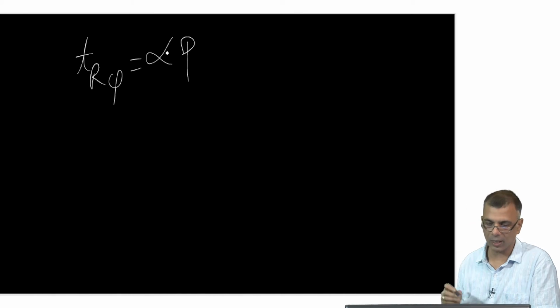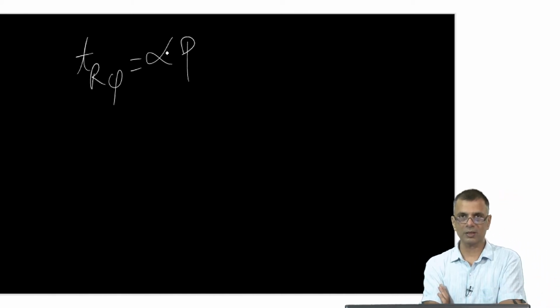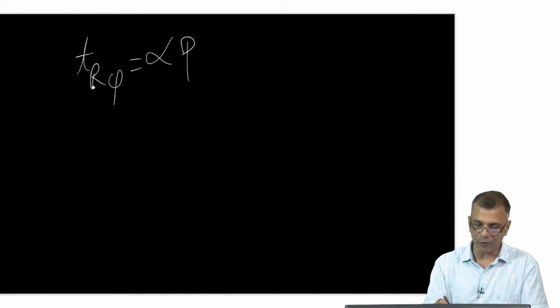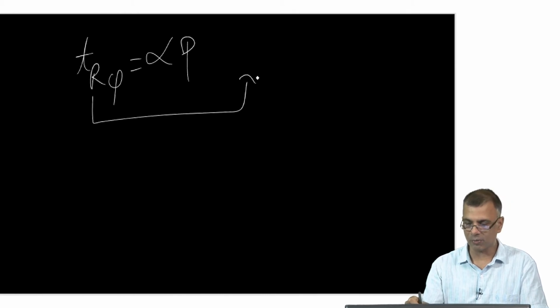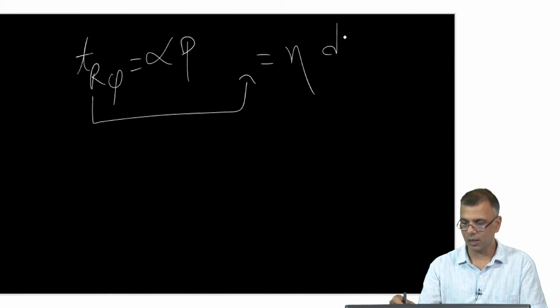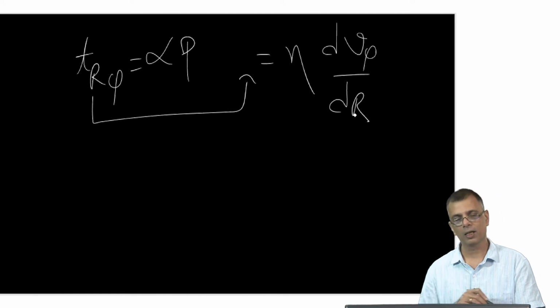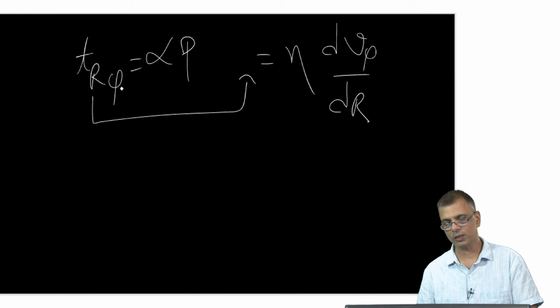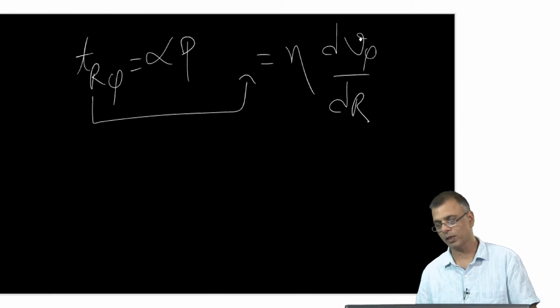This is the famous Shakura-Sunyaev parameterization, and by definition this Tr phi is something like eta times dV phi dr, right, because this is the definition of the viscous R phi component of the stress tensor,